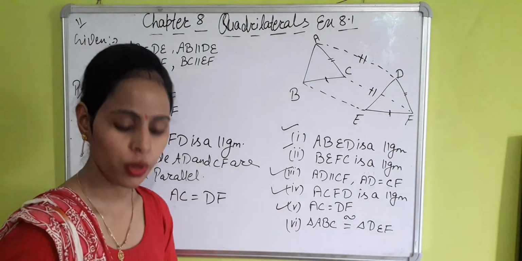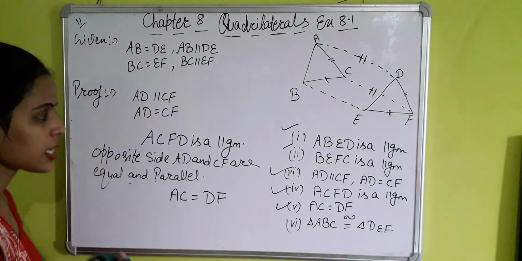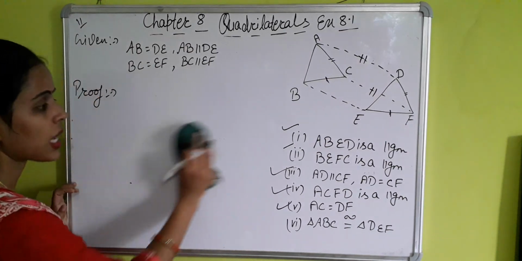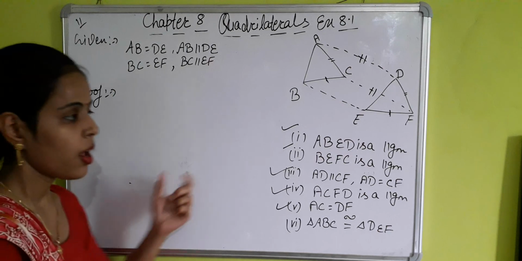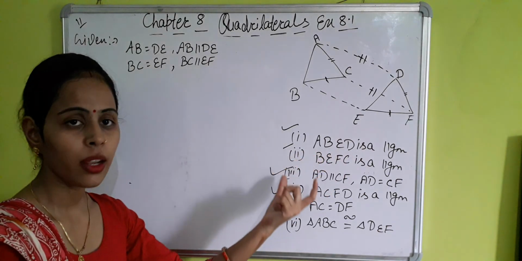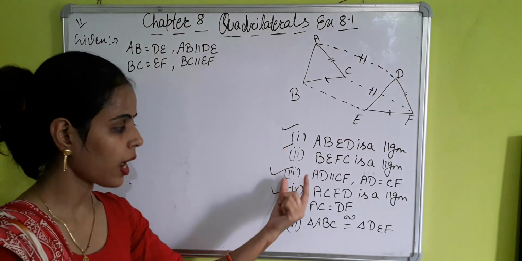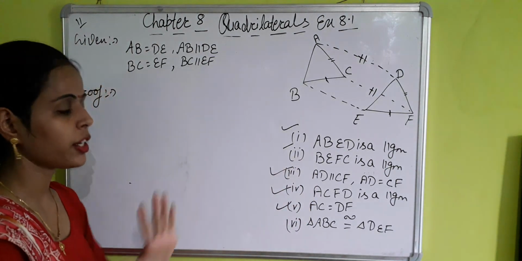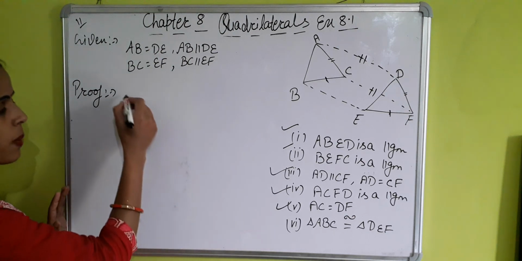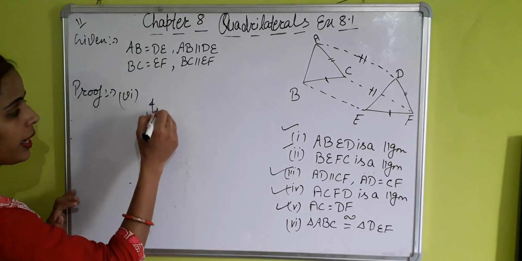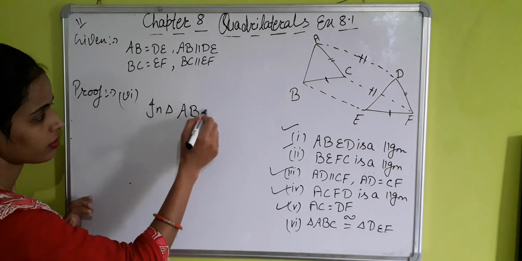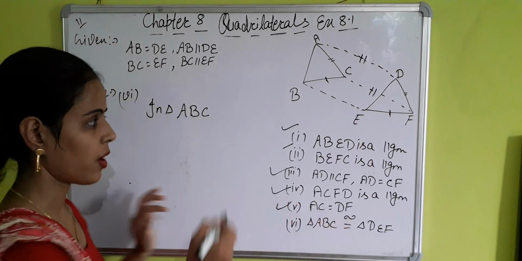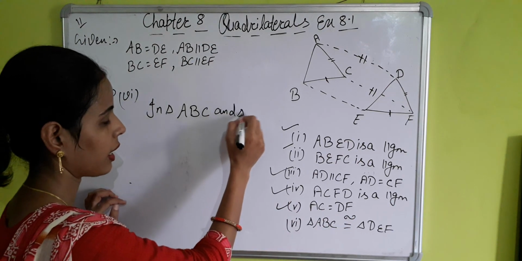AC equals DF. Now the last one, sixth part. In these questions, all the parts are related to each other. First and second parts are proved. Then with the help of these parts, third, fourth, fifth and sixth are proved. All these parts are related to each other. Last, sixth part. In triangle ABC and triangle DEF,